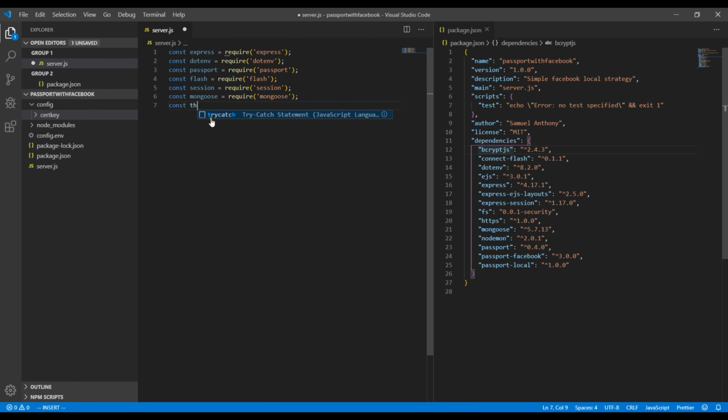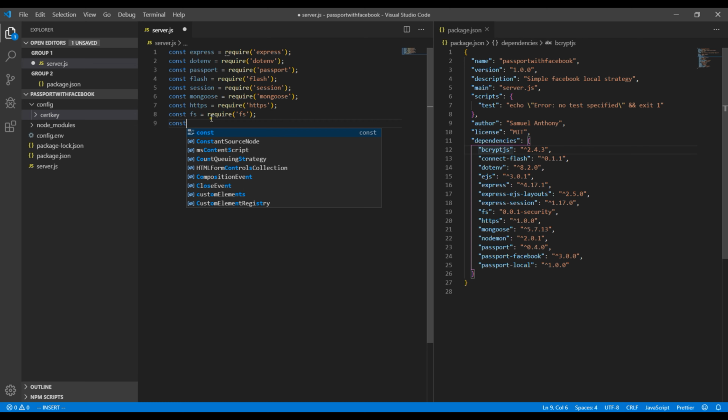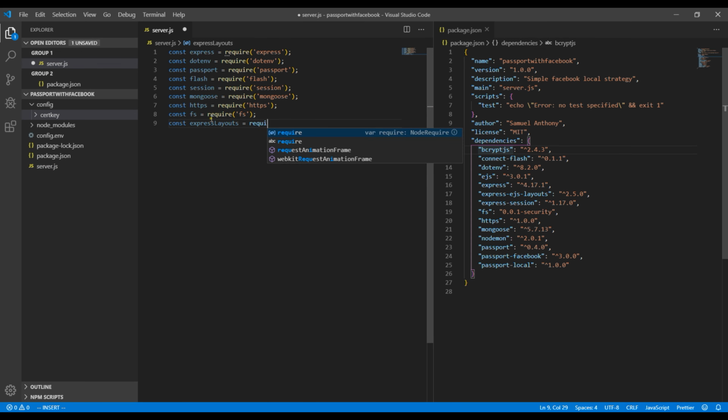The HTTPS for development HTTPS. Then the file system. Then the Express.js layout for EJS. So I'm going to require Express EJS layout. So the ones that I did not install, I think the flash, the session, and